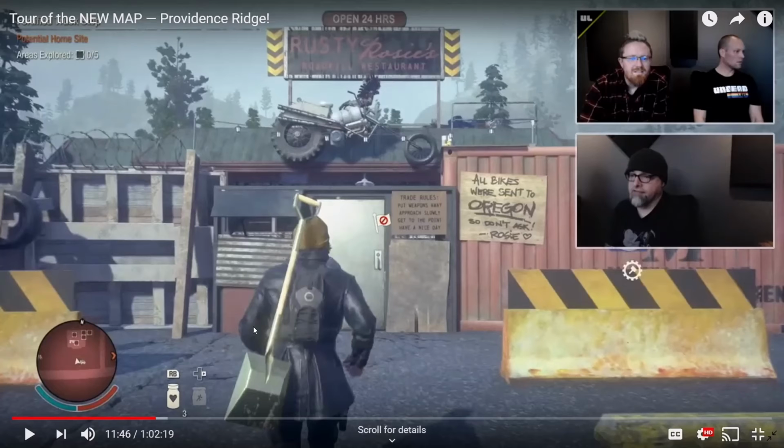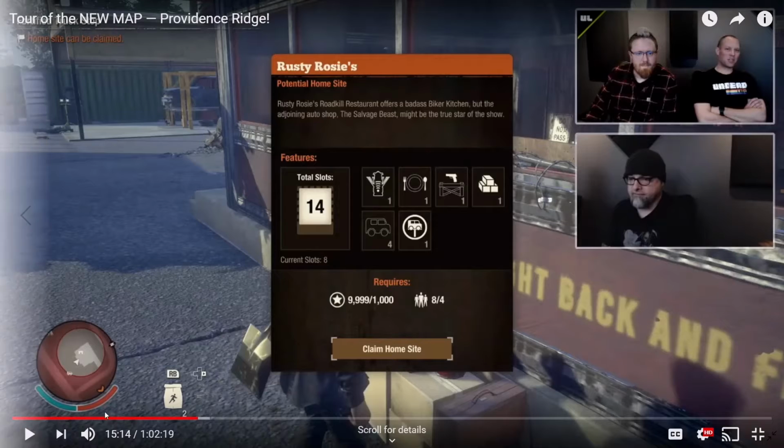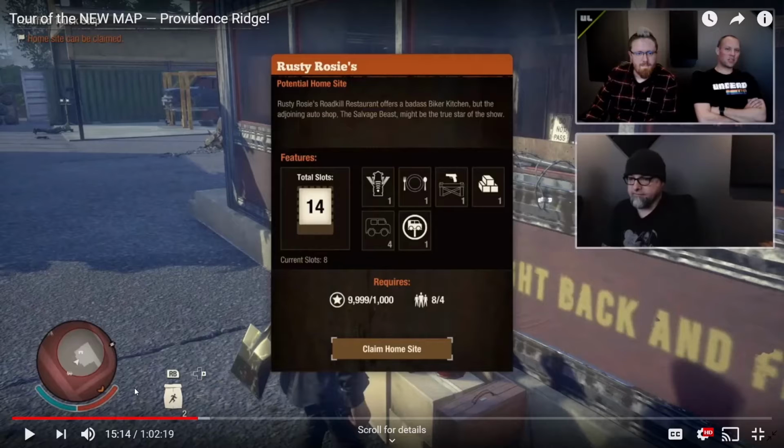You can see here we've got the first of the medium-sized bases on the new map. It's a bit of a restaurant for bikers. Looks fairly fortified out the front with some shipping containers and things like that. It has a requirement for 4 people and 1,000 influence, and it's got a number of facilities obviously that it